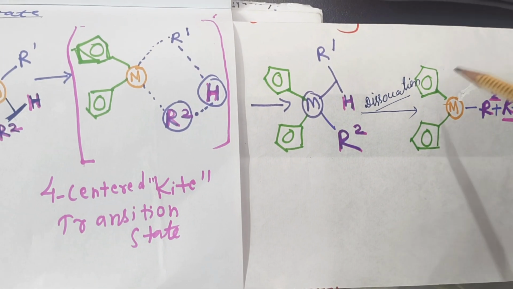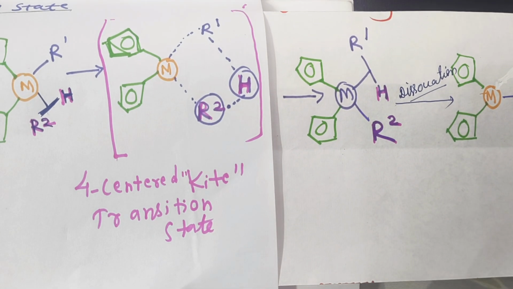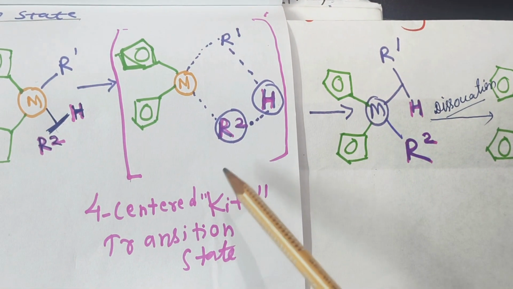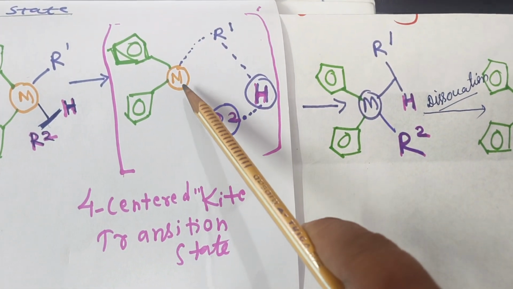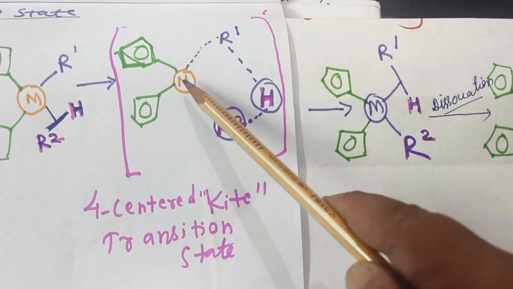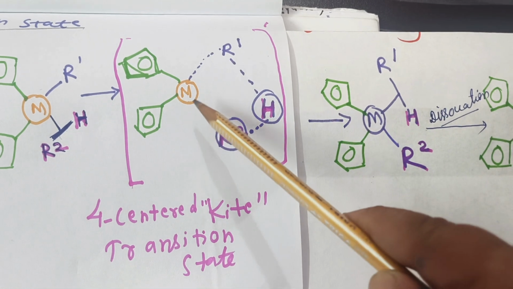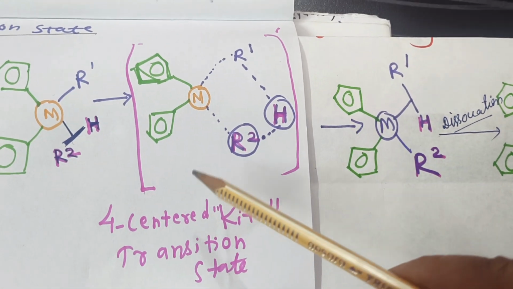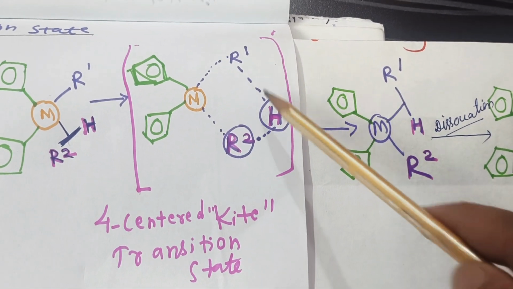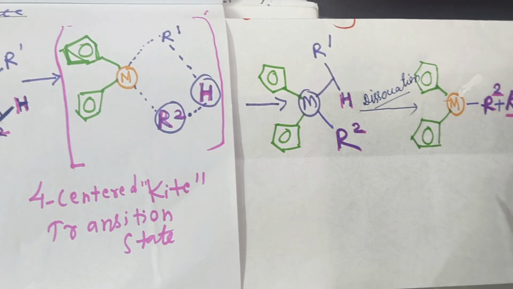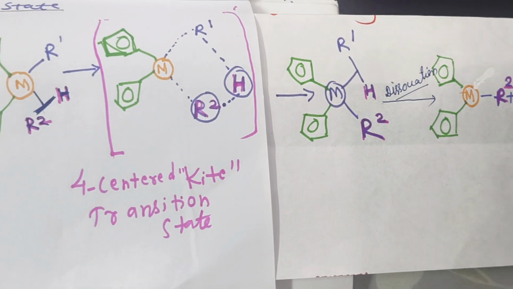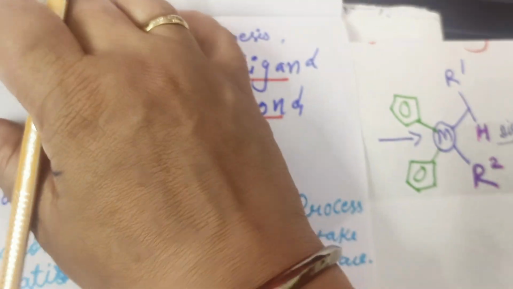So what did you understand from this mechanism? That it is a concerted process where the bond making and the breaking has taken place simultaneously. वो जो पहला वाला आपका था metal ligand bond with M R1 जो combination था, मेटाथेसिस हुआ, सिग्मा बॉन्ड ब्रेकन हुआ, और एक नया सिग्मा बॉन्ड अदर जो हमारा बाहर से आया था वो आके हमारा अटैच हो गया R2. ओके, और ये जो हमारा R1 था वो इस H के साथ में एलिमिनेट हो गया, राइट. सो और कोई भी हाइड्रोकार्बन का फॉर्मेशन हो जाएगा. So this is what we can say is the simple mechanism of our